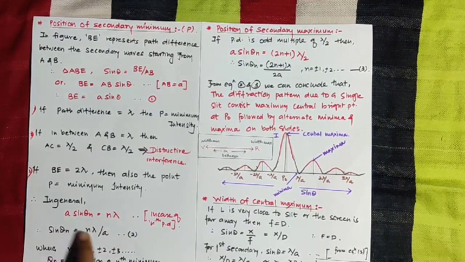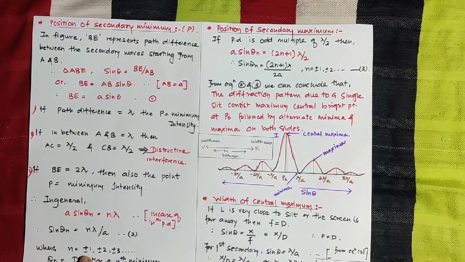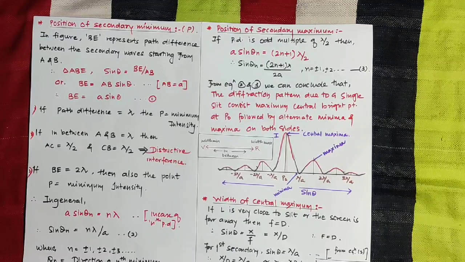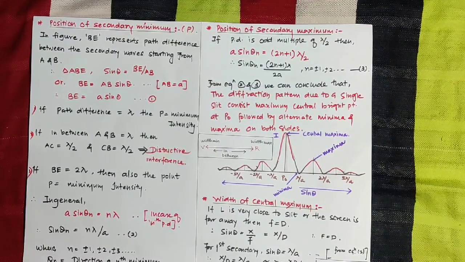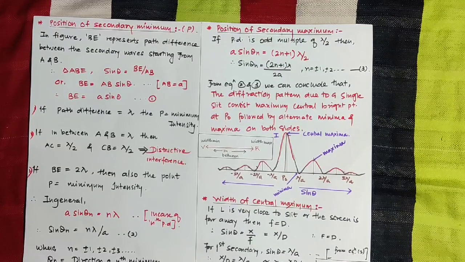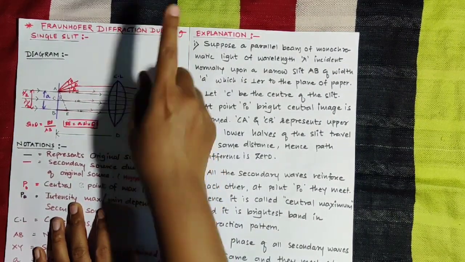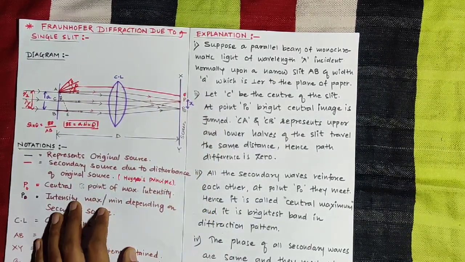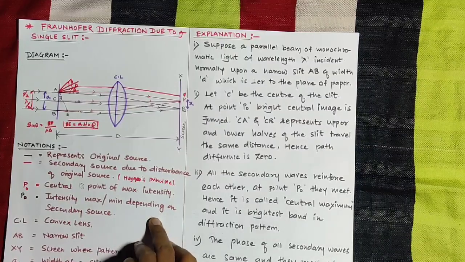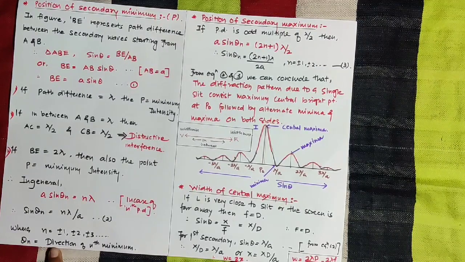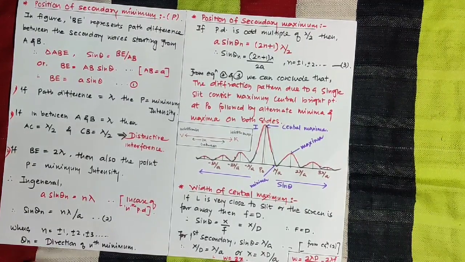So therefore sin theta n is given by n lambda upon A, where n is equal to plus minus 1, plus minus 2, plus minus 3. Why have we considered plus minus 1, 2? Why have we considered this sign plus and minus? Because here we have considered the upper half which represents plus and the lower half which represents minus, and because of that we have considered alternate dark and bright bands. Look at here, suppose this P0 is the bright point, then the upper halves represent positive but the lower half represents negative. That's why the value of n we represent in terms of plus minus 1, plus minus 2, plus minus 3, whereas theta n is called the direction of the nth minimum intensity.